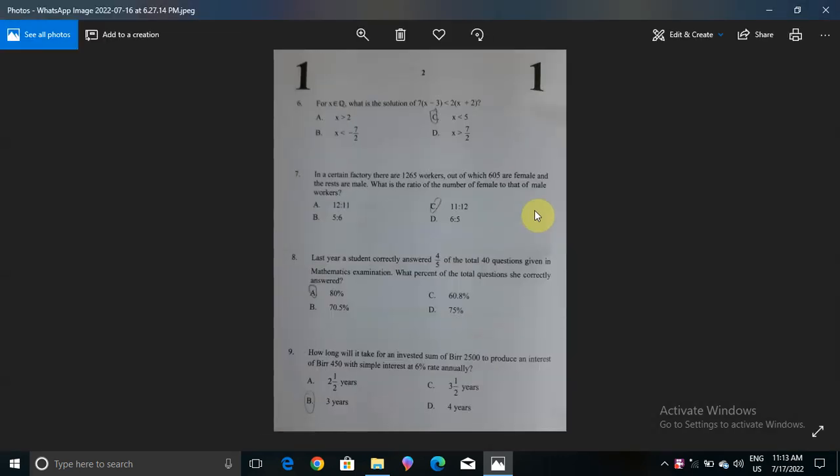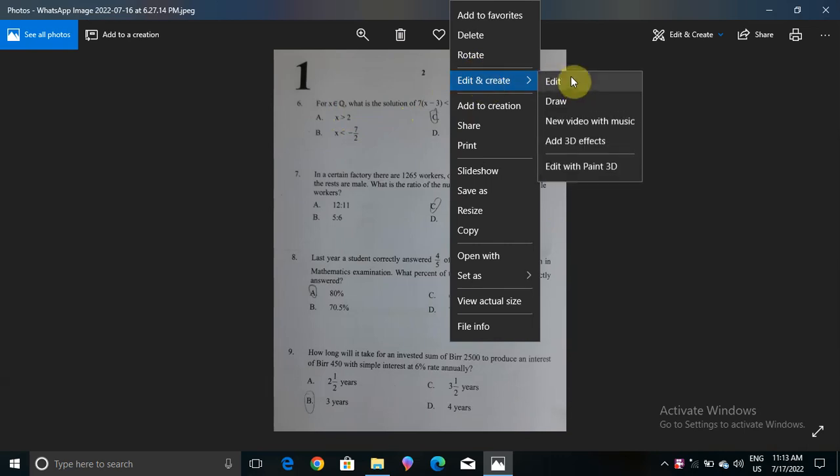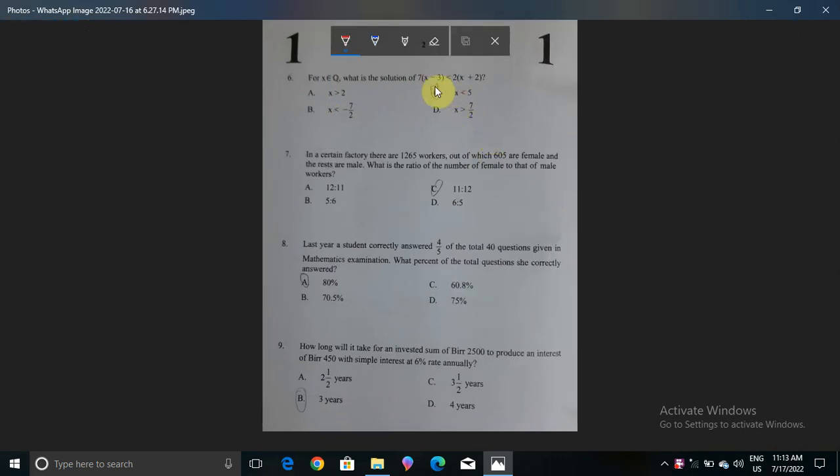in question number 6, we have x is an element of the rational numbers. What is the solution? 7 times (x minus 3) is less than 2 times (x plus 2). Now what we will do here, it will be 7 times x and 7 times 3, then 2 times x and 2 times 2. Then what we will have here,